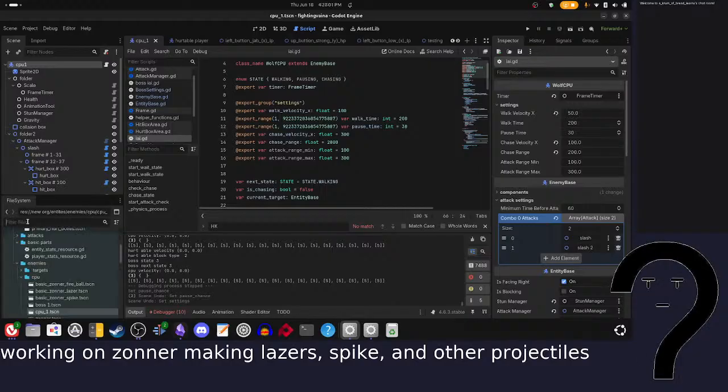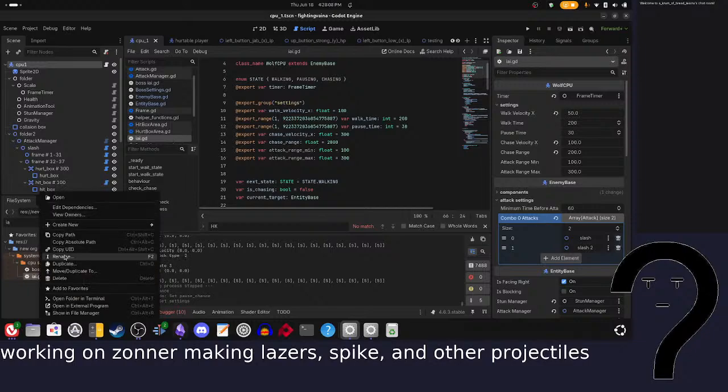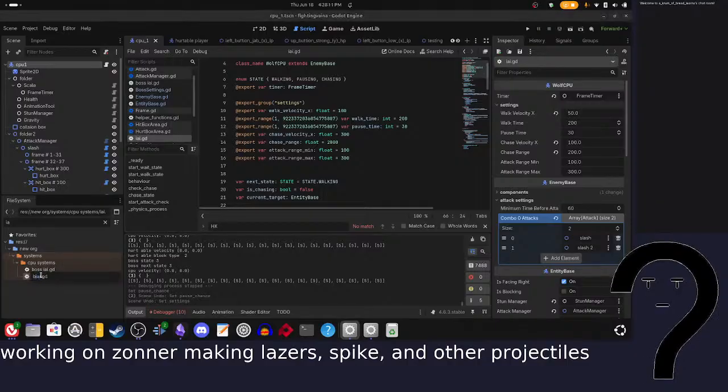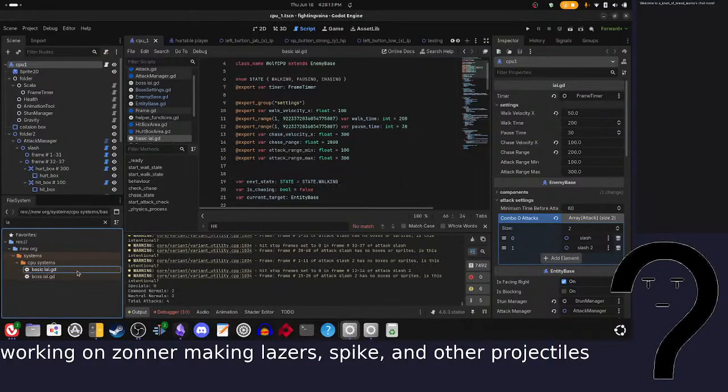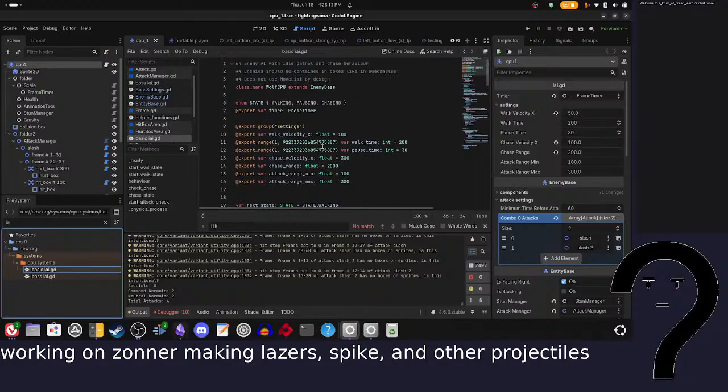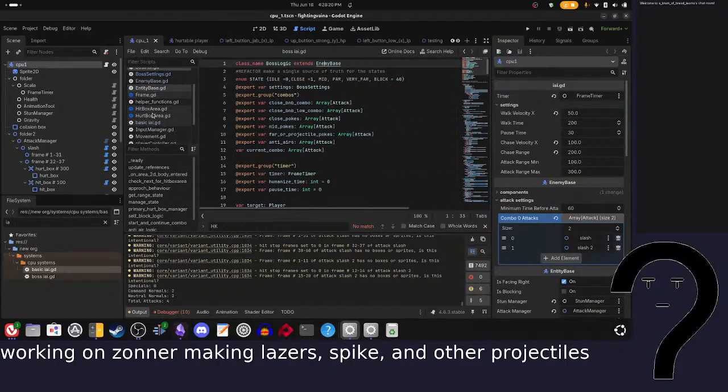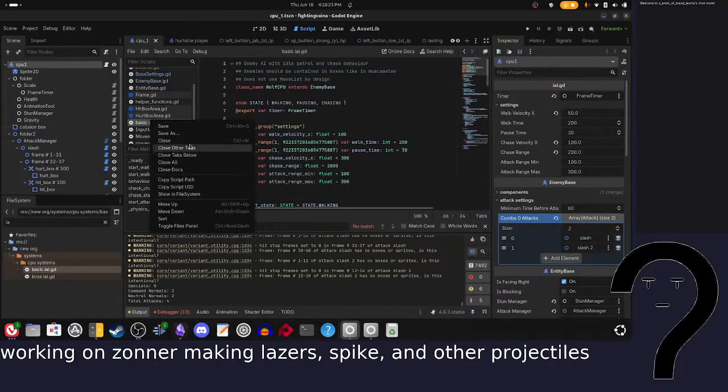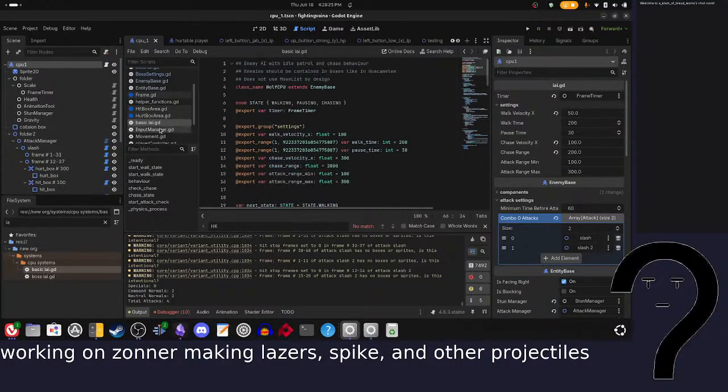Still? Rename. It sorts by alphabetical order by default, but